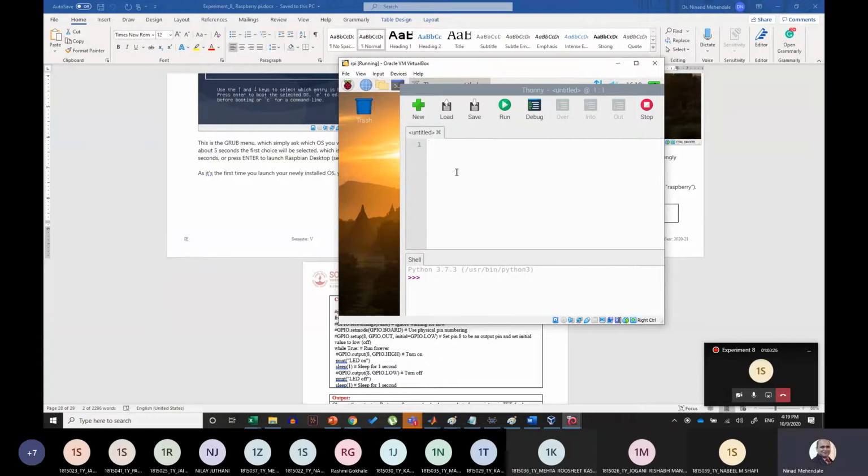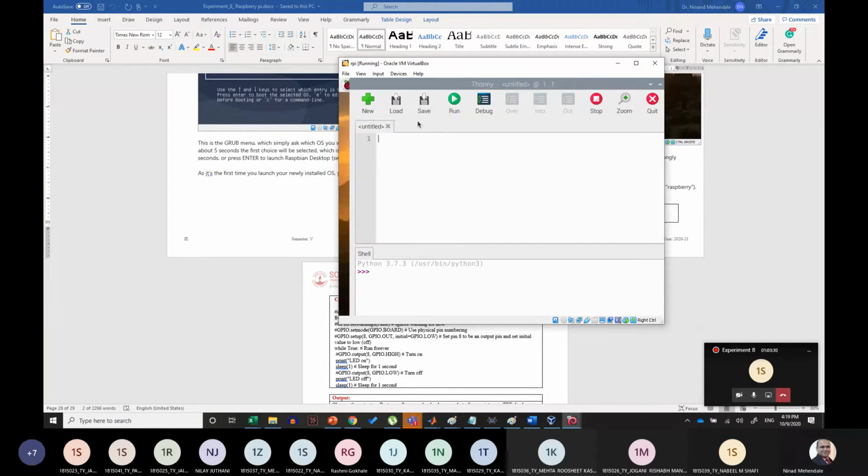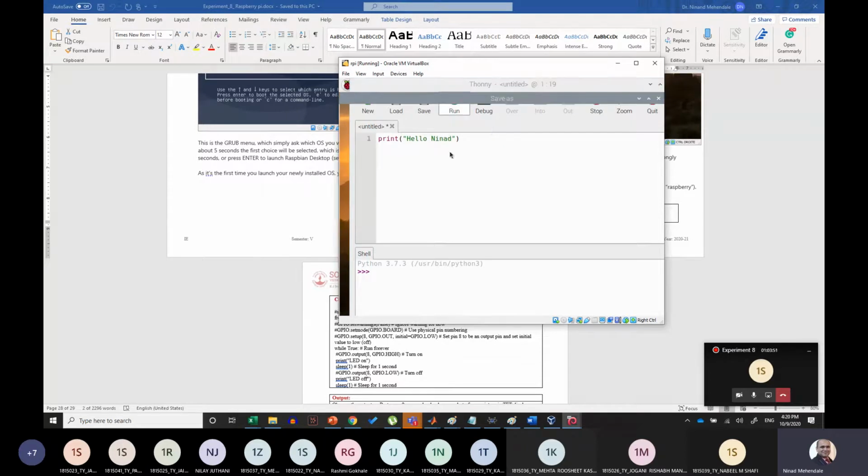Okay. And it should display the output. I think it did not copy, so I have to type. So I will just type this. I can type my own name, it doesn't matter. It doesn't have to be the same. And then you click run.